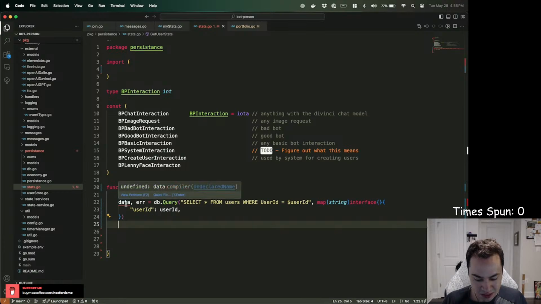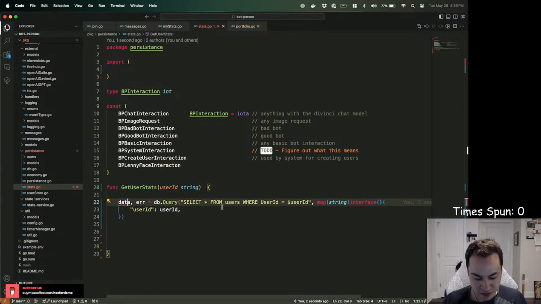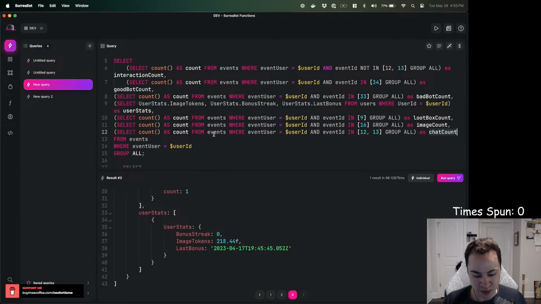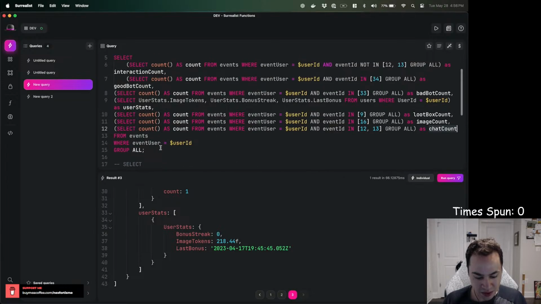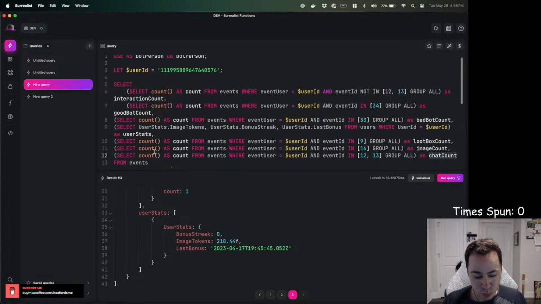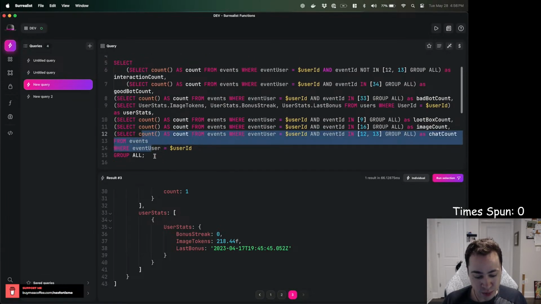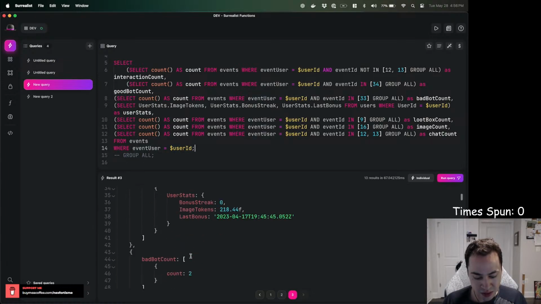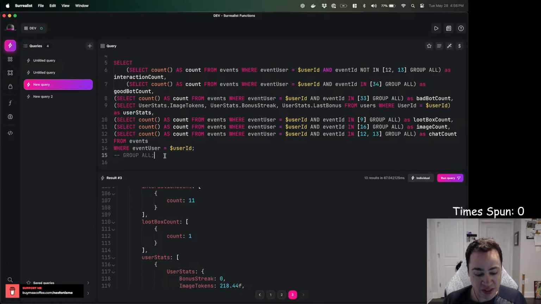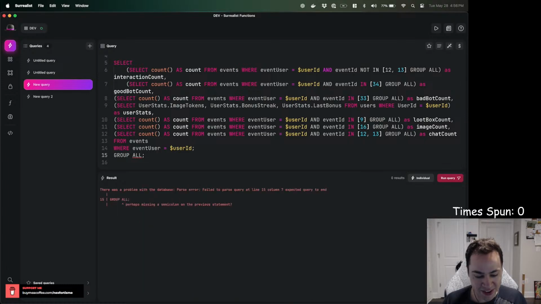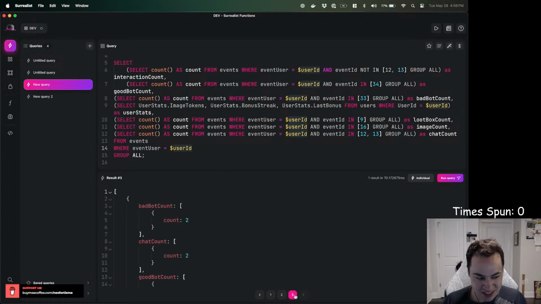So this is select star from users where user ID. That's just a simple select statement. So what if we put this? What if I get rid of the group all? What does that do? Oh, it puts it for every single. Okay, yep, we want the group all. We definitely want the group all there, because